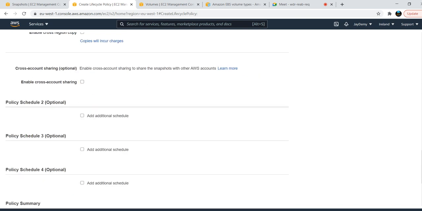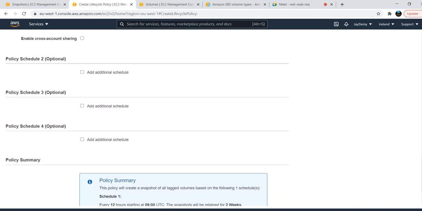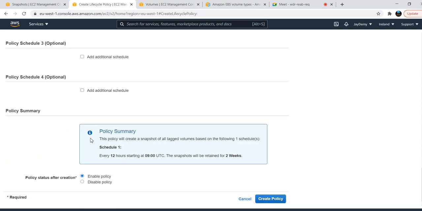This is entirely automated one. Okay, if you have any other policies, like you have created weekly policy, if you want to create monthly policy or daily policy or 6 months once policy, multiple policies you can create and you can just give it here. So here it is policy summary 1. It is telling every 12 hours starting from 9 UTC time. Don't forget this is under UTC time. There is no option to modify into IST time.